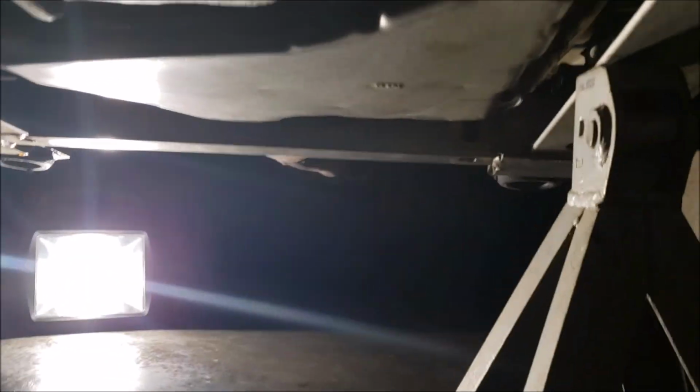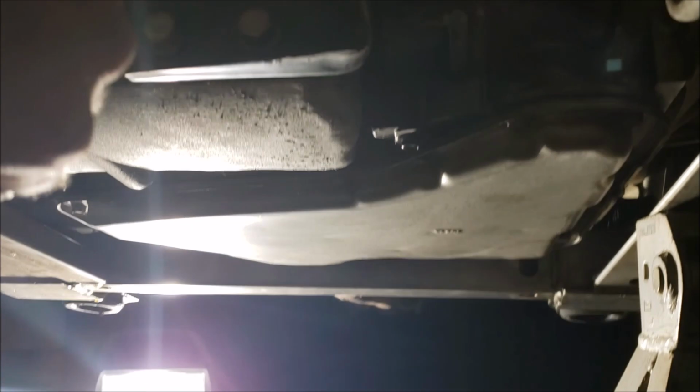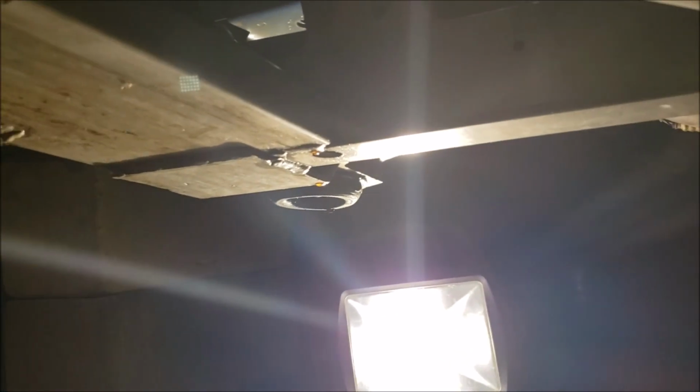Okay, so here's what I did, right? You know how normally you jack it up from the front? Once you get it on your cinder blocks, jack it right from the center in the back, okay? And then when the jack's sitting on it, go ahead and loosen this one and that one. Well, not loosen, take them all the way out. And then what I did